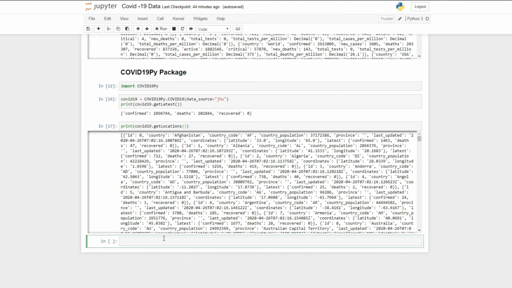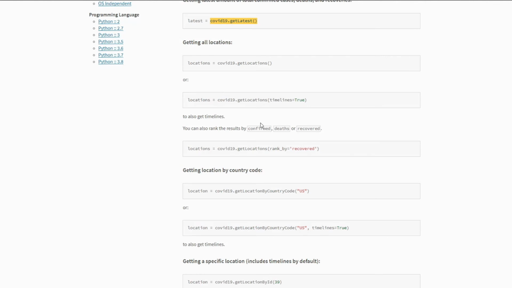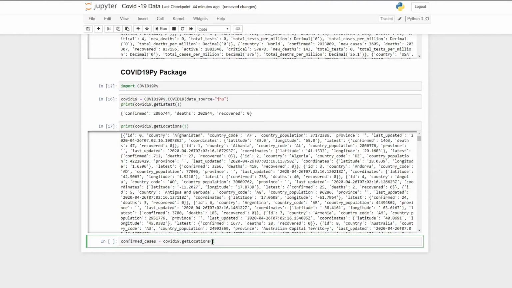So for example, if you want to show the country names according to the confirmed cases, I'll just write confirmed underscore cases, and then that will be equal to COVID 19 dot get location, and in the parentheses you have to just write, let me go into the documentation and see, yeah, you have to write rank by. Okay, so the rank by is by default recovered. You can also choose confirmed or deaths. Okay, so I'll choose confirmed.